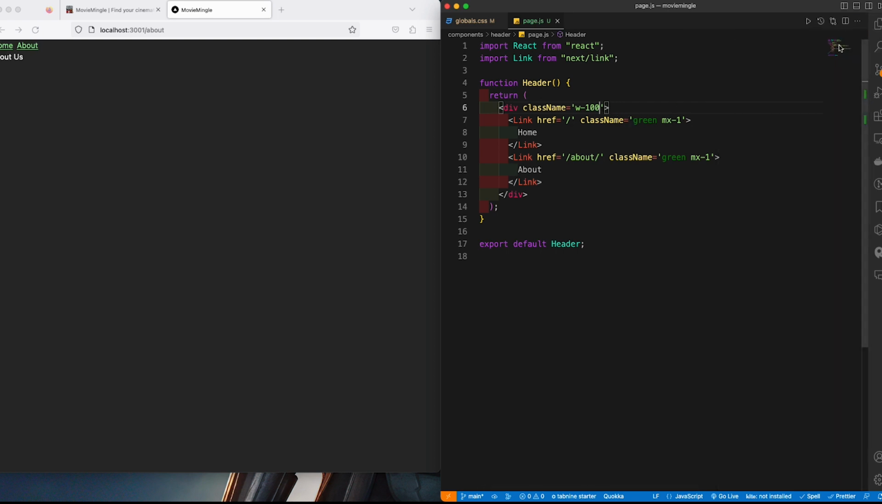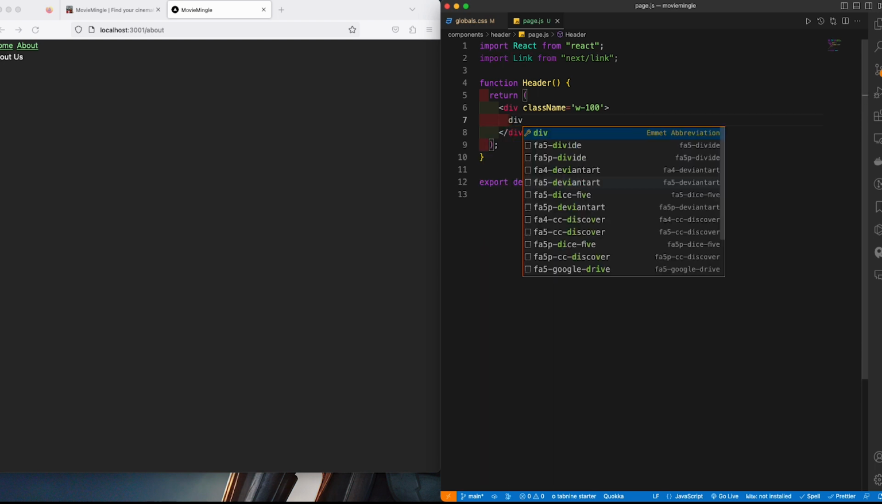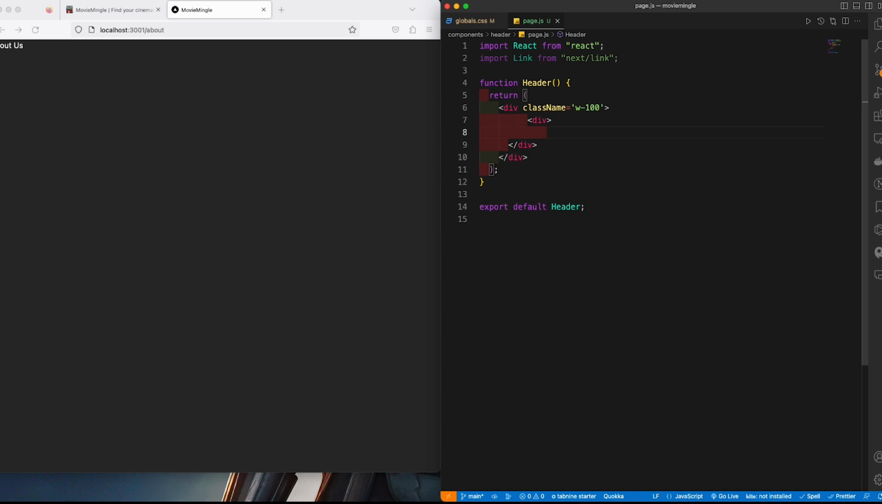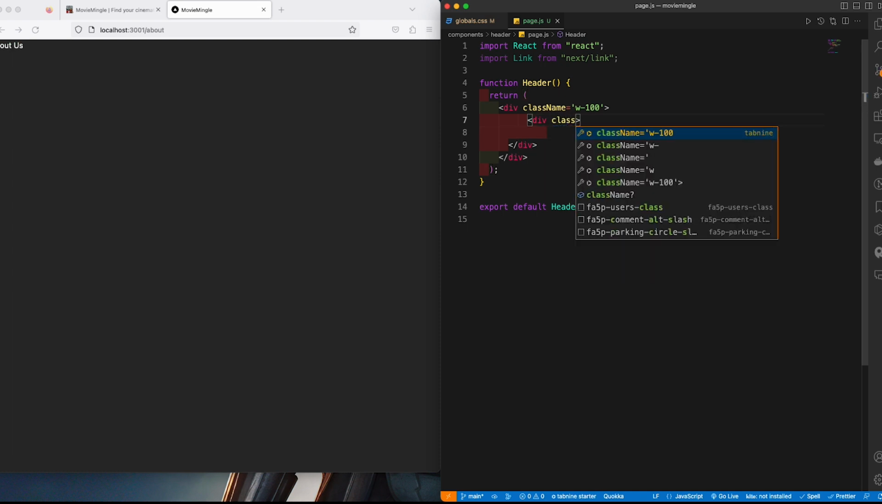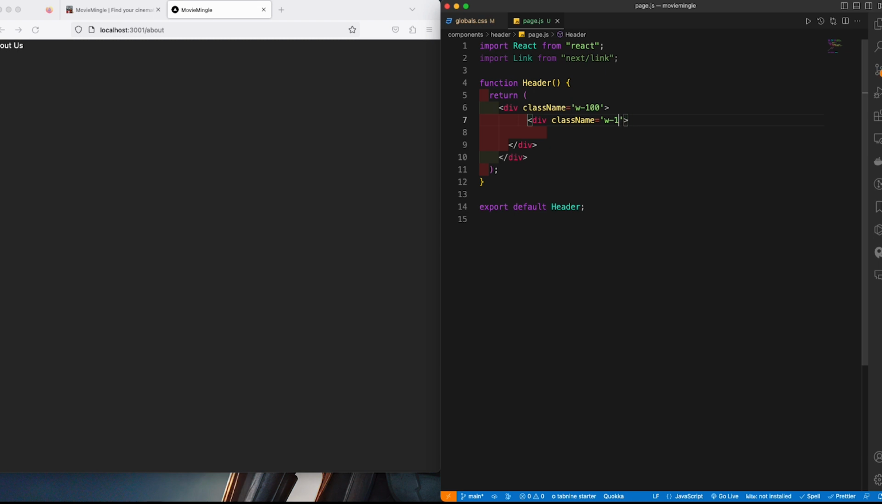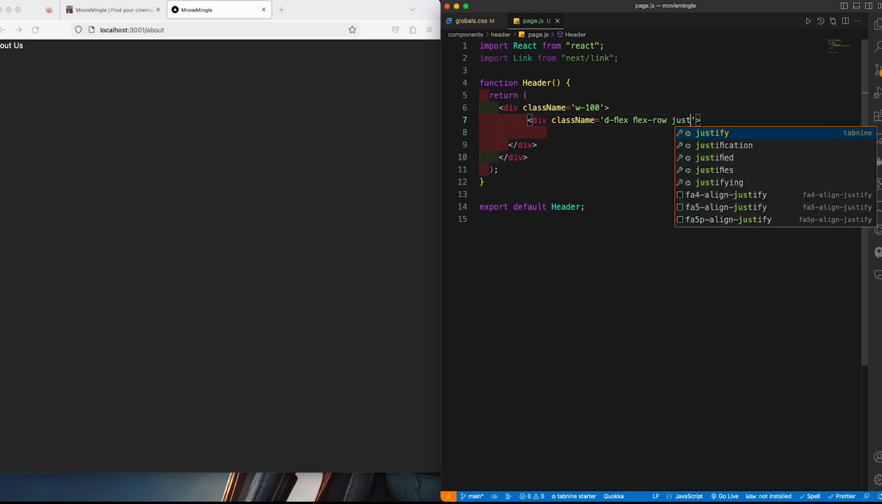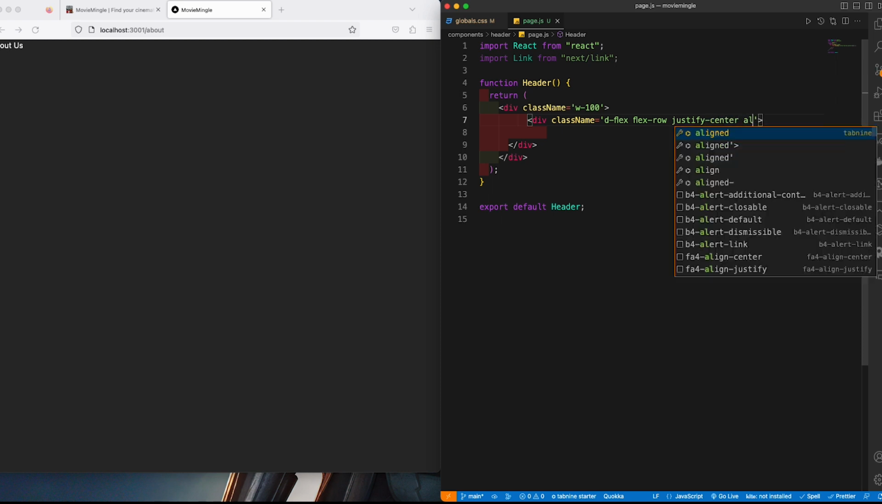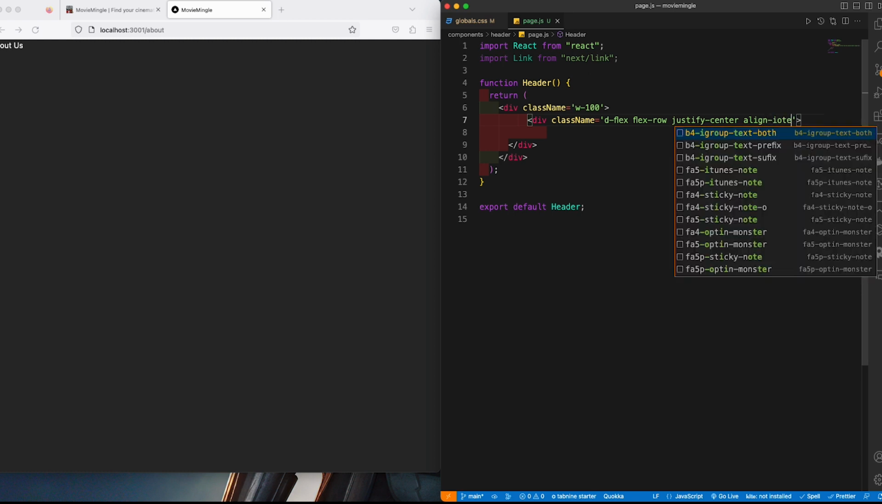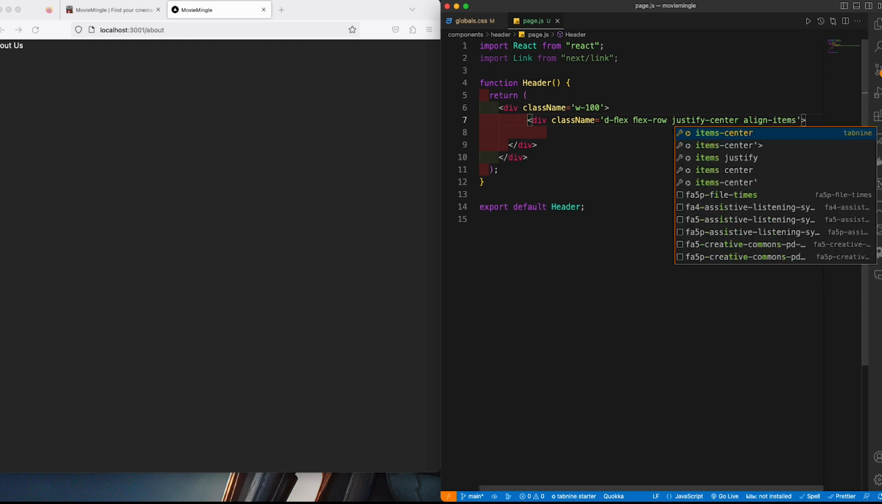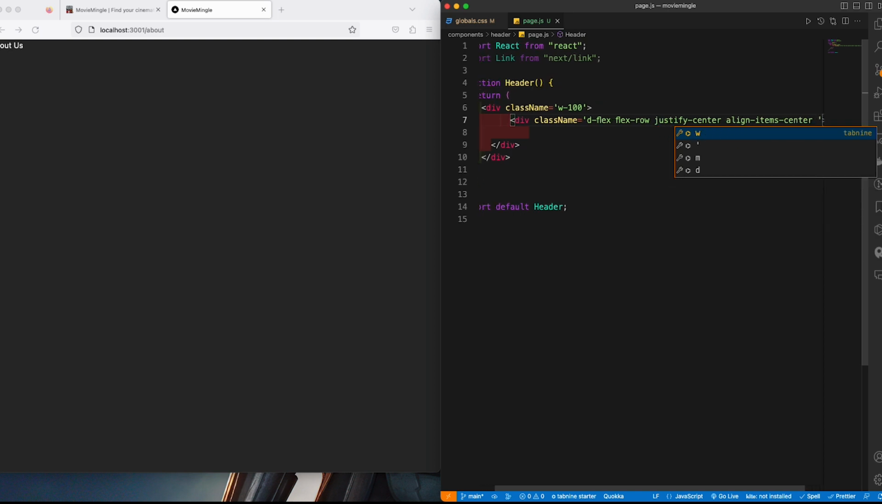And so within here, I'm gonna create another div, and then within this div, I'm gonna give a class name where we have display flex, and then flex row, and then justify content center, and then align items center, and then